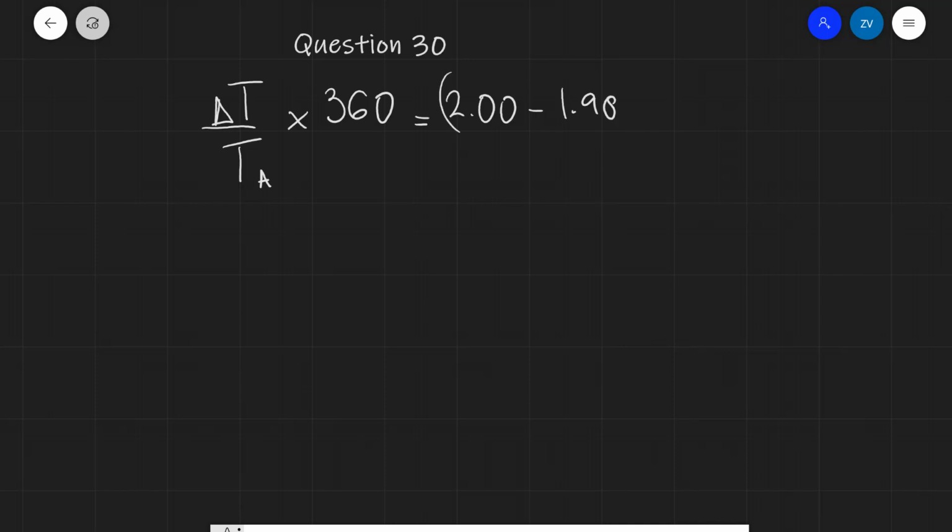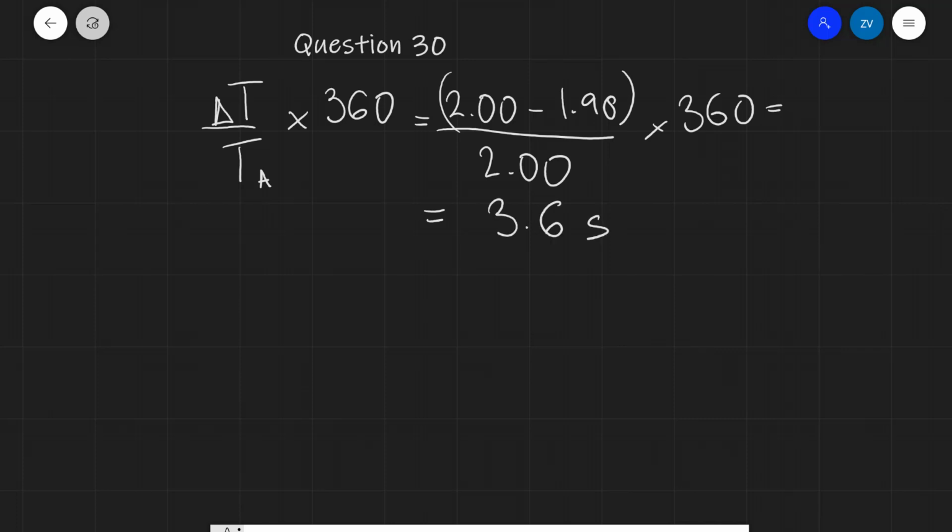So, question 30. This question is all about phase shift. Now we can calculate the phase shift as the relative difference in the time period divided by the time period times 360 degrees. Now, because we're talking about the oscillations of A, I'm going to be using the time period of A over here. Now, delta t will be equal to 2.00 minus 1.98. That's my delta t divided by 2.00 times 360 degrees, where 360 degrees is one oscillation, and that is equal to